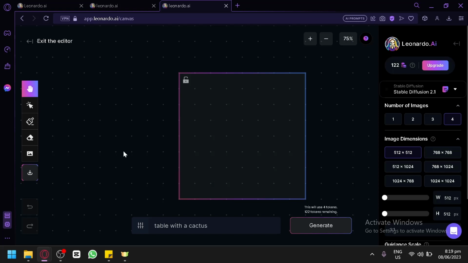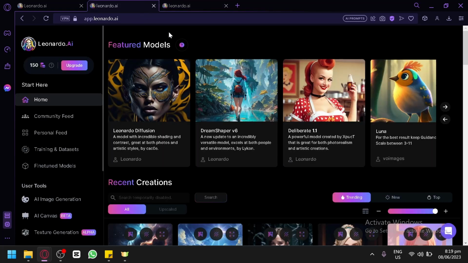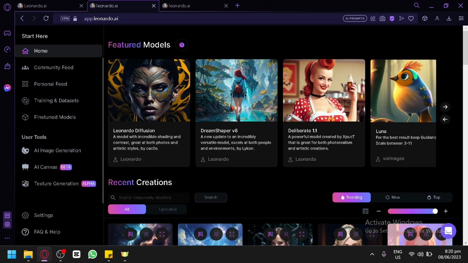So let's get started. Now, as you can see right now, I am using the Canvas of Leonardo. If you don't know how to access this section, you're simply going to open Leonardo, and then over here on the left side, these are the different features or sections of Leonardo that you can access. Over here below, we have user tools, you have your usual AI image generation, and then you have your AI Canvas over here. Now, as you can see, it is currently in beta, so you might experience some sluggish results